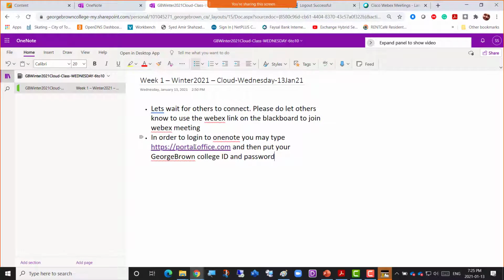So I'll be adding you to OneNote, and once you log into the class, you can just connect to the OneNote as well. I'll just put that here in the chat as well. Is anyone able to log into OneNote from the class? If you go to that link, are you able to log in from your college ID?